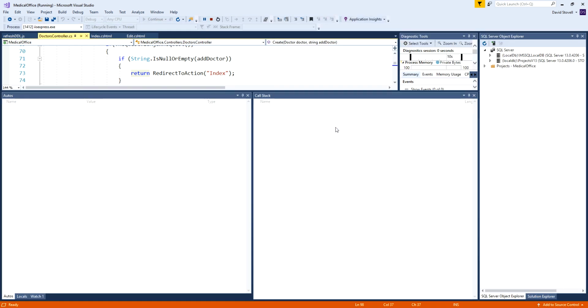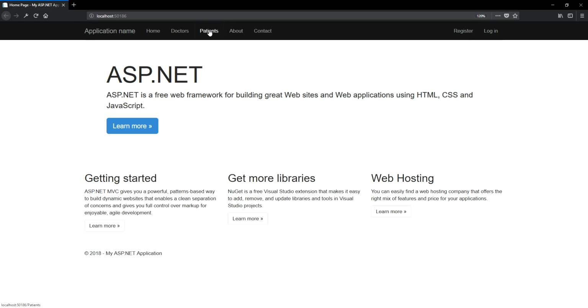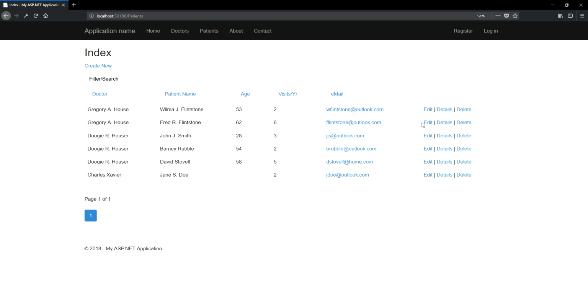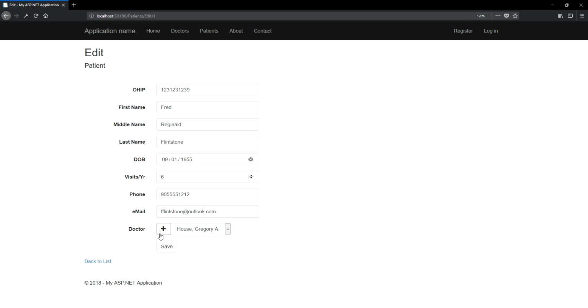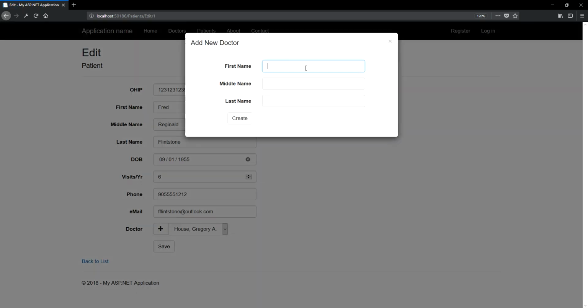Again, it's something I'd emphasize is good if you have a simple entity that you're just adding, something without complex relationships involved, many to many or even a lot of foreign keys and so on. Then by all means go ahead and just be able to click plus. We'll add our new doctor,